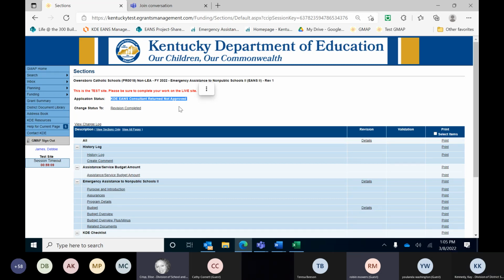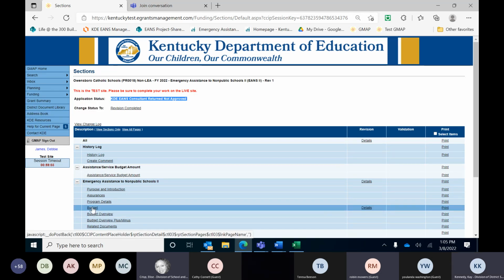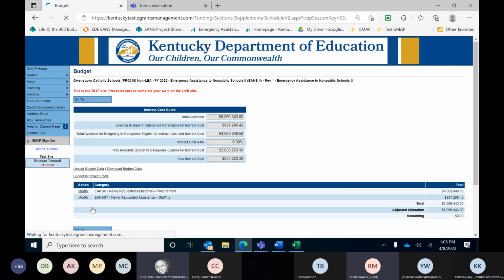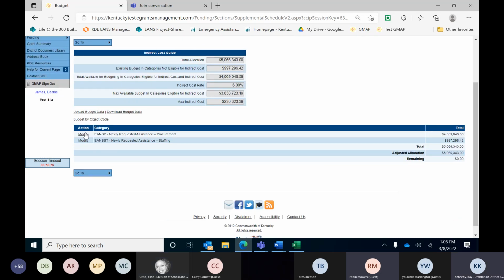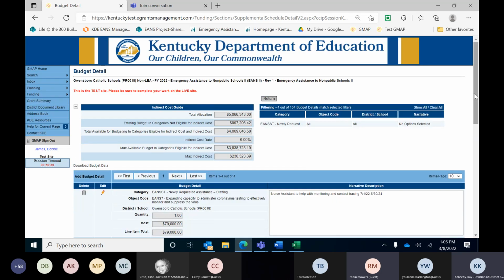Tom, you do that the same way you would with what Kay's been describing here. It's just that you would go into the modify for your staffing instead of the modify for your procurement. Kay, you want to see Kay showing you the page right there, Tom. So you see action. Here's modify procurement, and right under here is modify newly requested assistance for staffing. So you would click on that. Up comes your